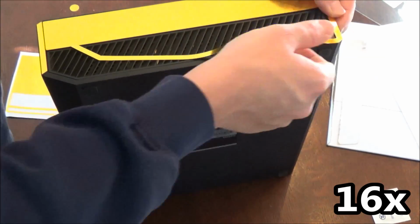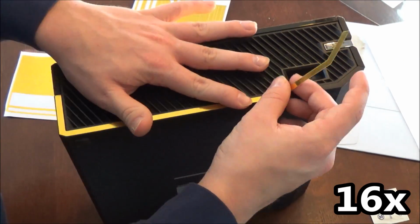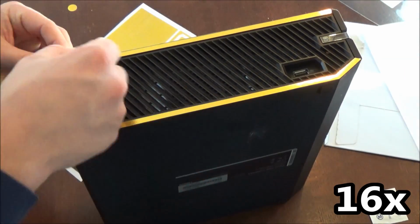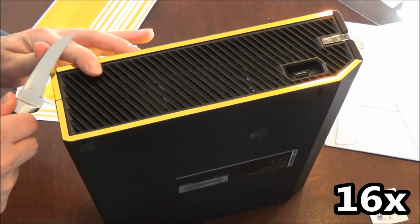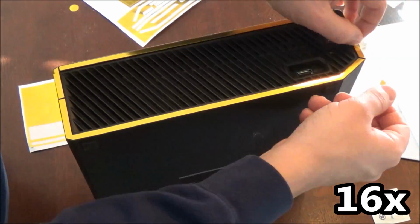I do a lot of buying and selling of Xbox consoles, and a little tip I can give you guys is that if you have a system that's very scratched up and you want to get a good amount of money for it, invest in a skin. Invest in a good looking skin like a gold one, a chrome one, a wood tone one, any good looking skin. Put that on it, you won't be able to see the scratches at all, and you'll also catch people's